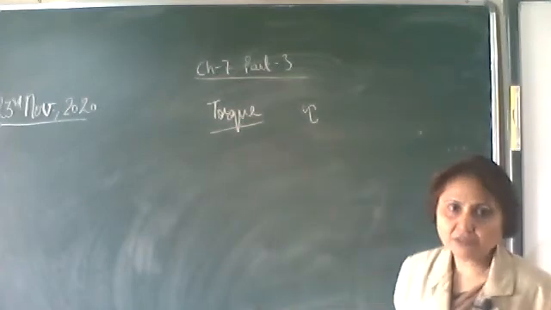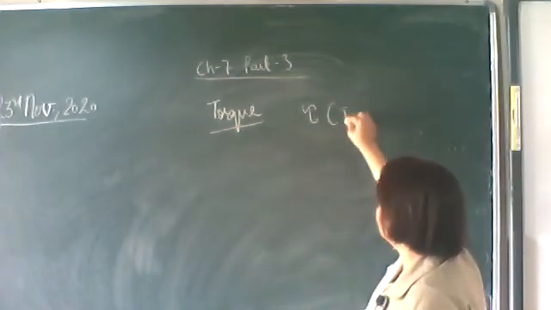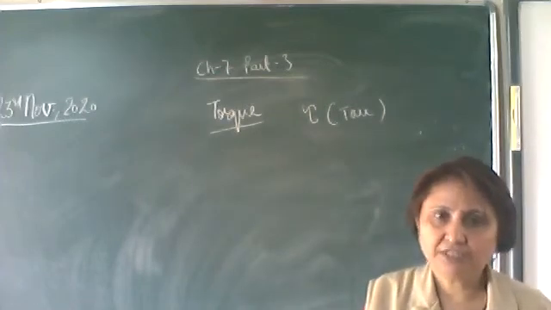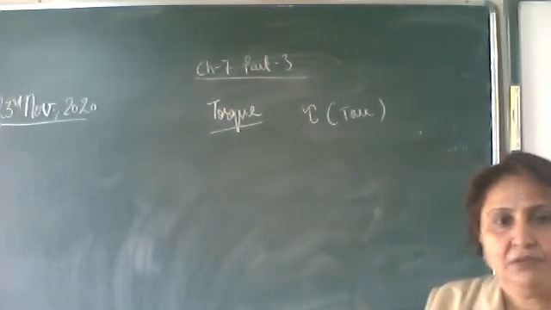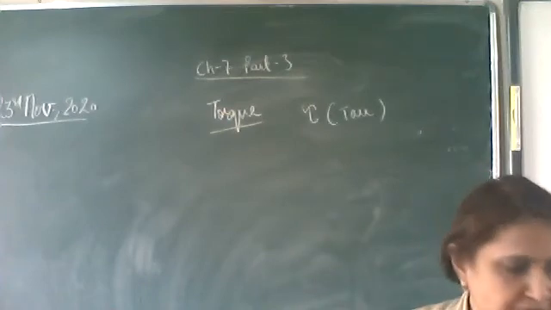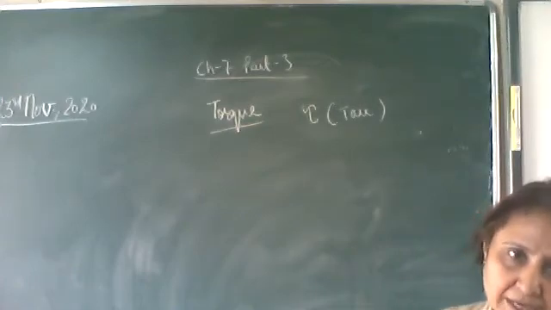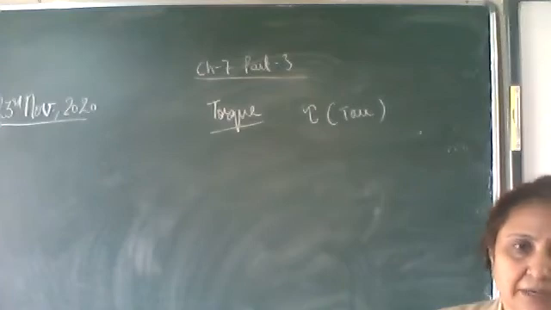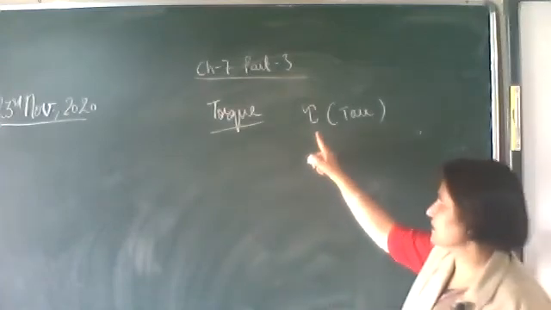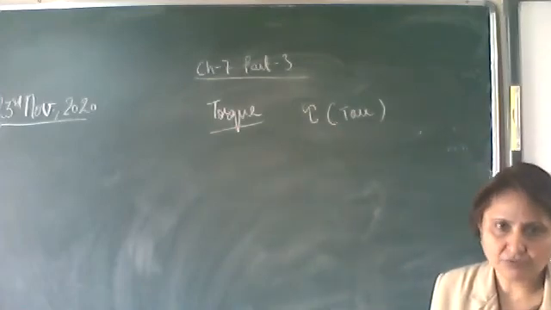It is represented by a symbol as shown over here. This is a Greek symbol, and in Greek this symbol is called tau, like they have alpha, beta, gamma. The same way this symbol is tau, and here this tau we are representing for torque. So torque is represented by this Greek symbol, and in Greek it is called tau.